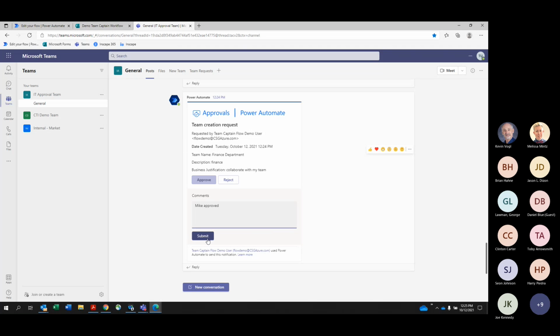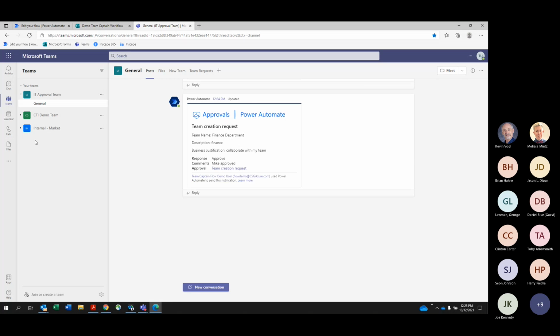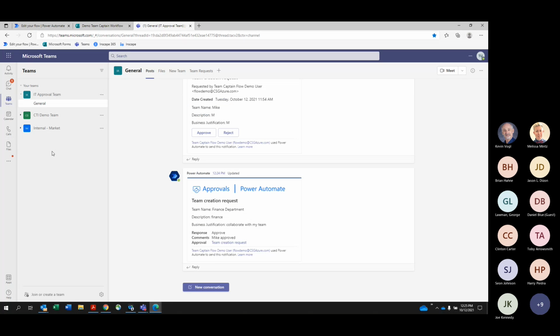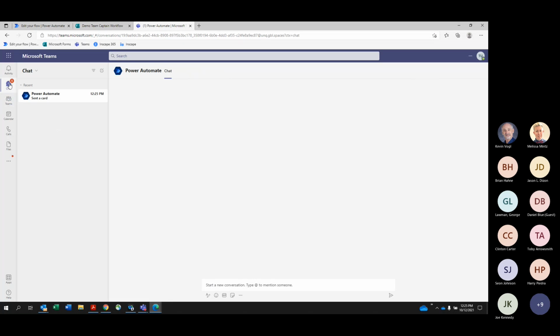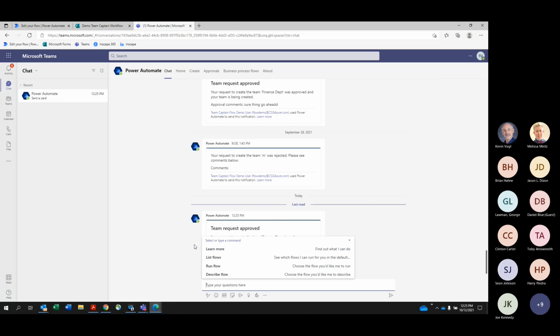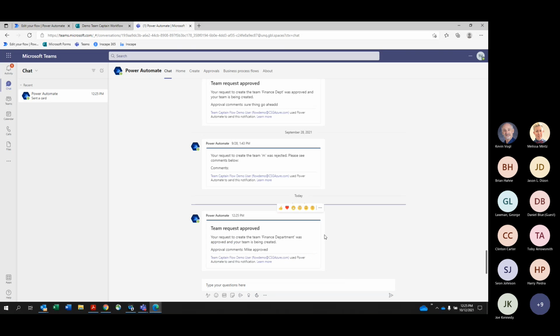I approve, send a quick comment, hit submit. And then what's really neat is once this is approved, the team will automatically be created. So again, less work on the IT folks' side. And then a message will be sent to Mike that says, okay, your team has been approved. So now I know that I can go in there, start inviting folks from the organization, customizing my team,